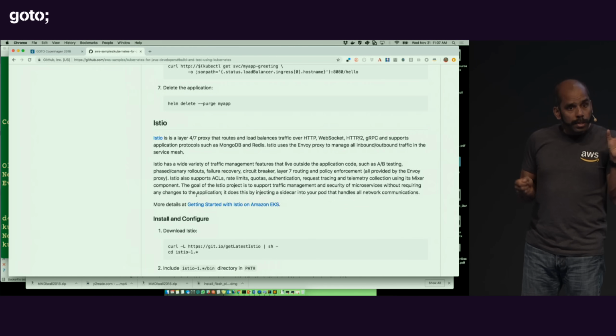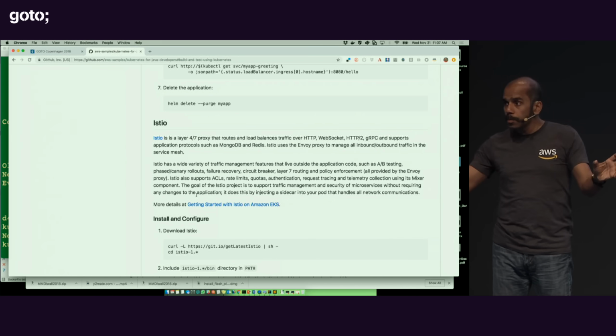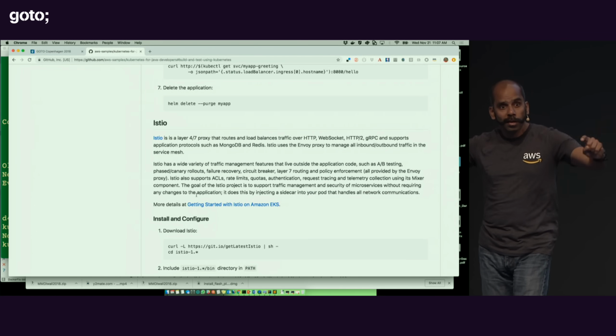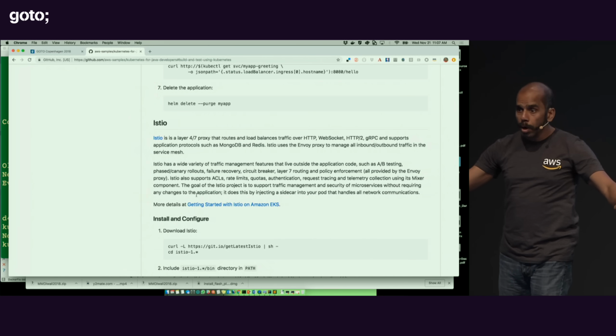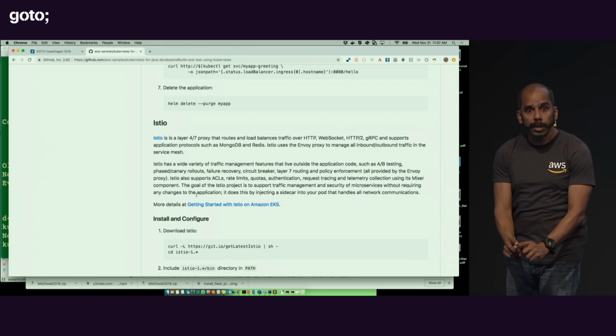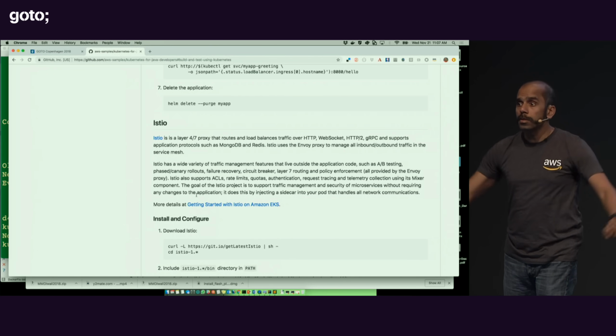So now imagine there is a greeting service and there is a name service. They want to talk to each other. They don't talk to each other directly. They talk to their Envoy proxy. The Envoy proxies then figure out who they need to talk to, and then these services talk to each other